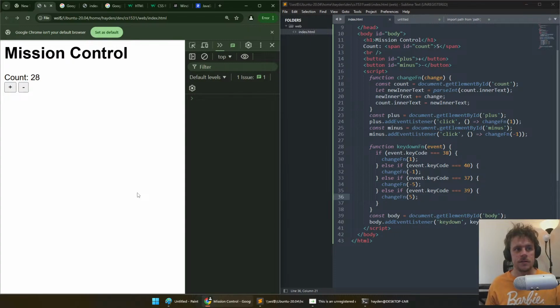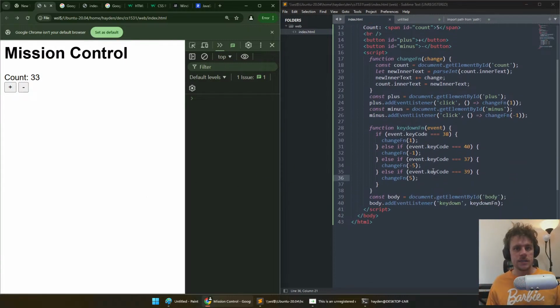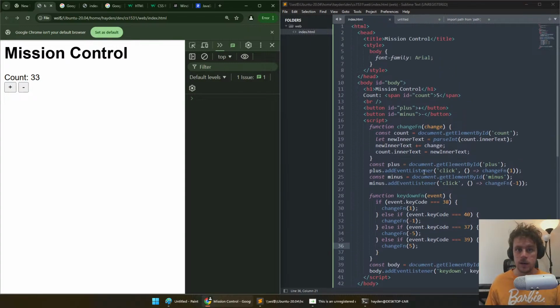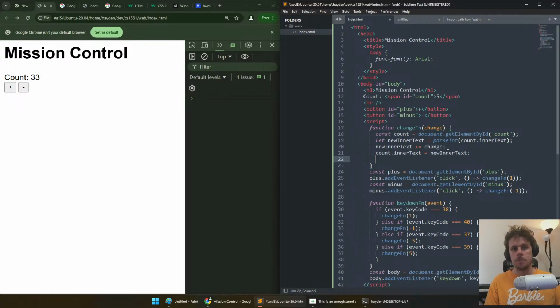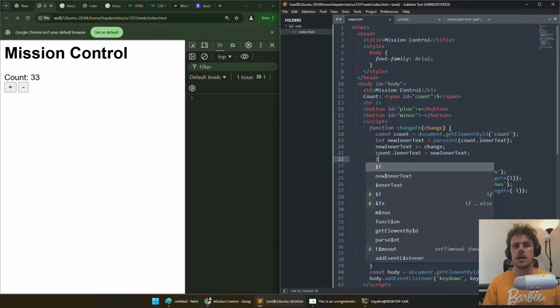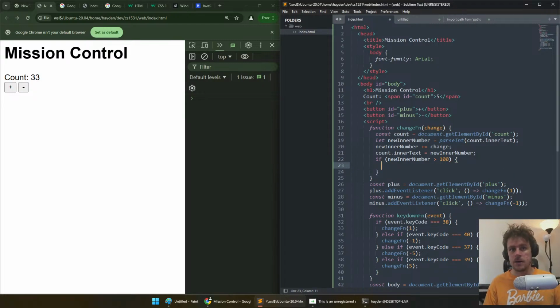Left. Down. Right, so I basically created this dynamic thing here. We could enhance this a little bit more if we wanted to as well. Inside the change function, I could also say, after that happens, if the new inner text, maybe I'll change that to be new inner number, because it is a number, it's not text. If new inner number is greater than 100, what I would now like to do is say